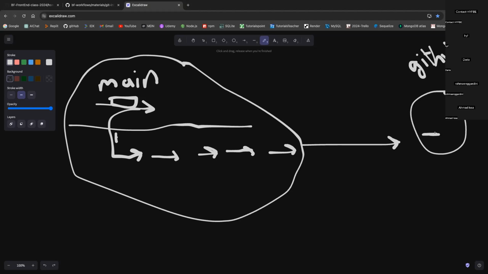Now, a pull request means I am asking my colleague, please review my code and merge it with the main. That is a pull request. So push is happening before and pull request is almost the final step. Pushing is just pushing my code from my client or local machine to GitHub. Pull request is me asking my colleague, please review my code, and if it's good enough, merge it with the